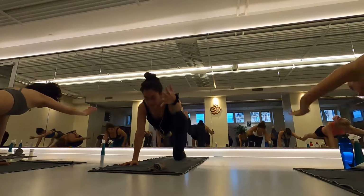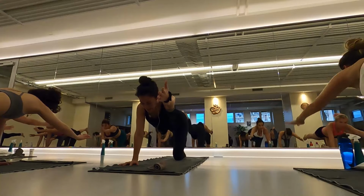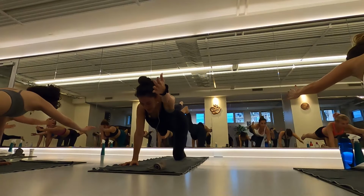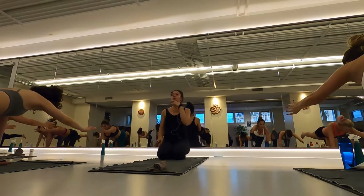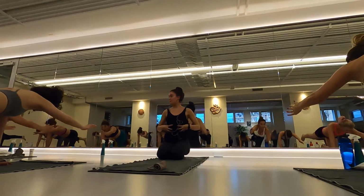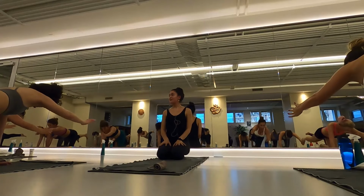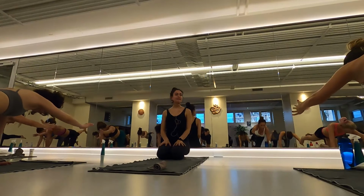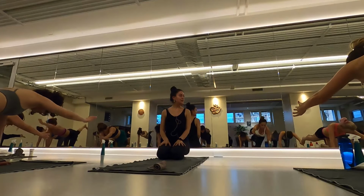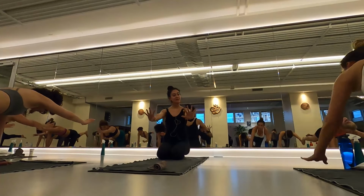Last 1, hold it up at the top, look straight down to the ground, lower abs in, little pulses up and down, arm and leg at the same time. Once you're pulsing, check in with your rib cage. Try to pull it up towards the spine. Look straight down to your mat, back of the neck straight. Good. 6, 5, 4, 3, 2, hold it up, stay, keep the leg high, bring your hand down underneath your